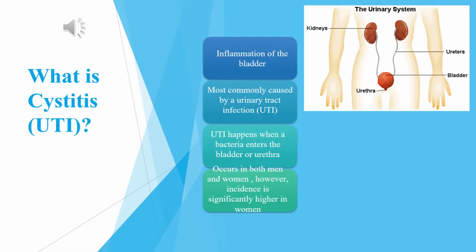Hello everyone, my name is Jimena. First, I want to say that UTI stands for urinary tract infection. Before we discuss anything, I want to go over what makes up the urinary tract system. Now, as this picture shows, the urinary tract consists of your kidneys, ureters, bladder, and your urethra. The ureters carry the urine into the bladder, the bladder is where your urine is stored, and the urethra is what carries the urine out of the body.